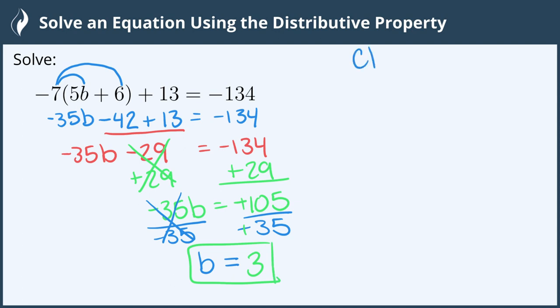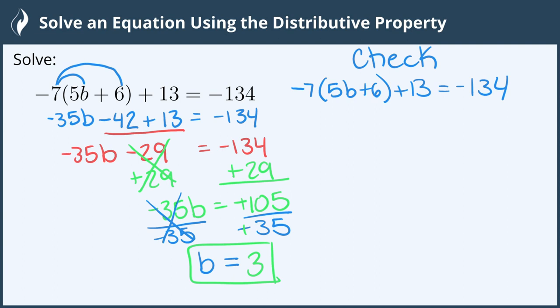But we should always check our answer, because we can always know if we got the correct answer by simply substituting it back into the original equation. So our original is negative 7 times 5b plus 6, plus 13 equals negative 134. And we will replace every time we see the variable with the solution we got of 3. So our substitution will be negative 7 times the quantity 5 times 3 plus 6, close parenthesis, plus 13 equals